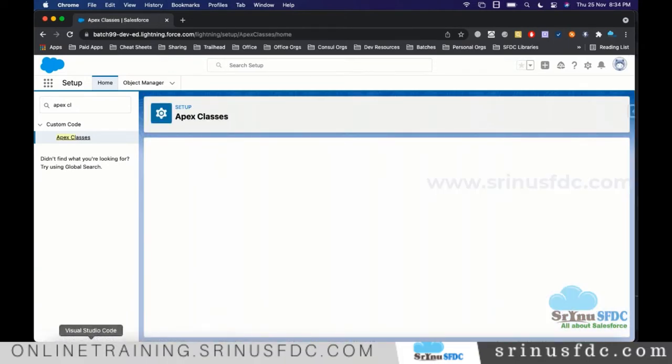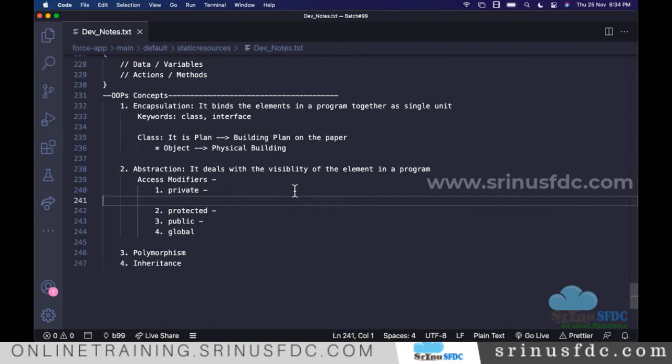and create the class. So a class is a plan, right? Nothing will happen by itself. When you draw the plan of a building, or let's say the plan of a car, a Tesla car, the prototype, the design of the car on paper, that's just a plan. By following that, using some materials, they have to build the car, manufacture the car, right? In the same way, we are creating a class.